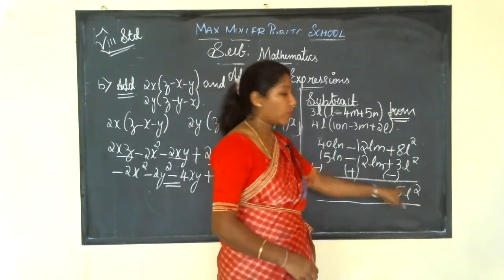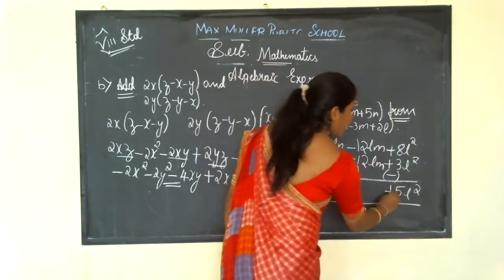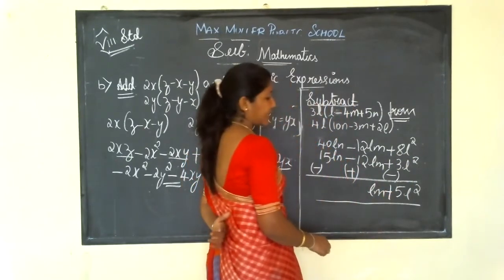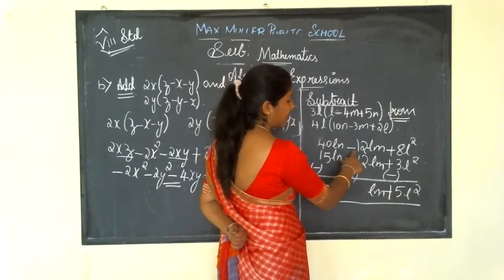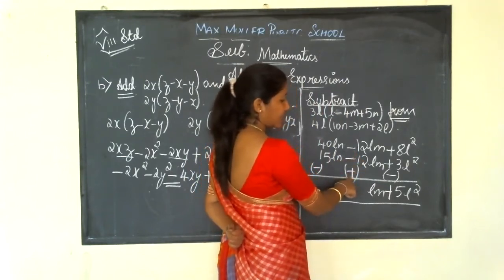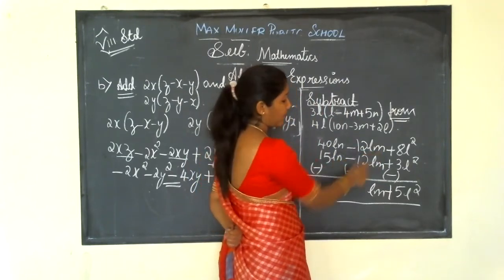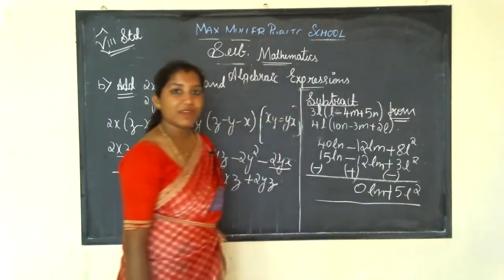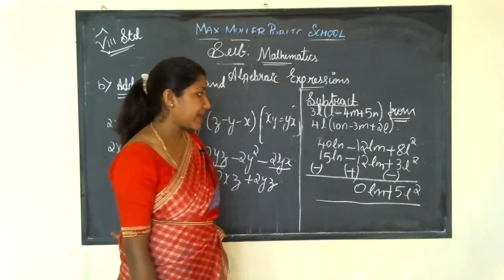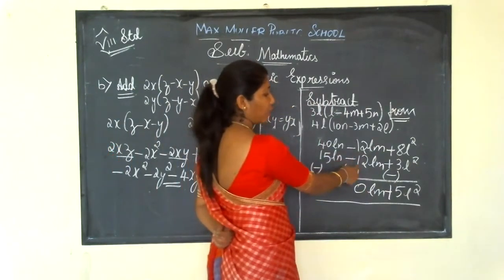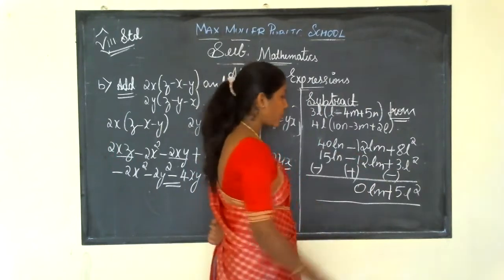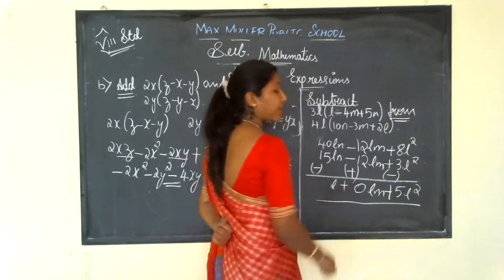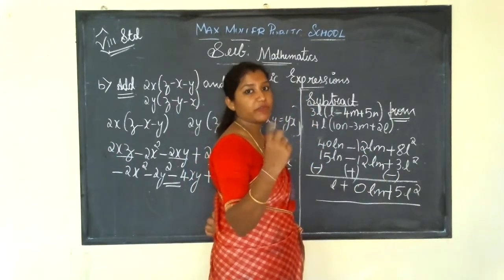It is 5l square. Greater number is 8 here, so you have to put positive sign and write the variable lm, and one is plus and other one is minus. Here minus 12 lm plus 12 lm. So both are, one is positive and other one is negative. You have to subtract the things. If you subtract 12 minus 12, it is 0. Next, you can write any of the sign here because 0 is neither a positive nor a negative.